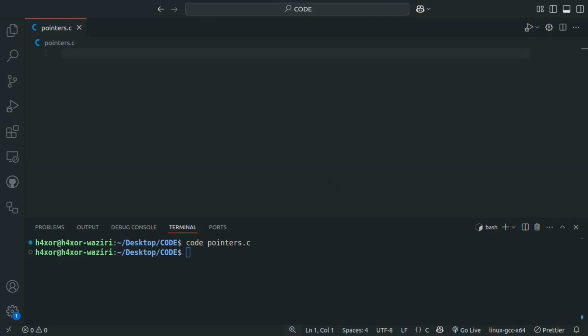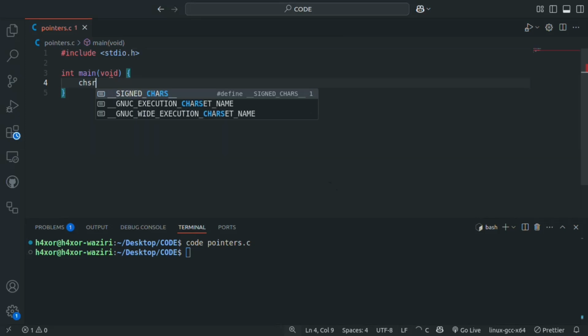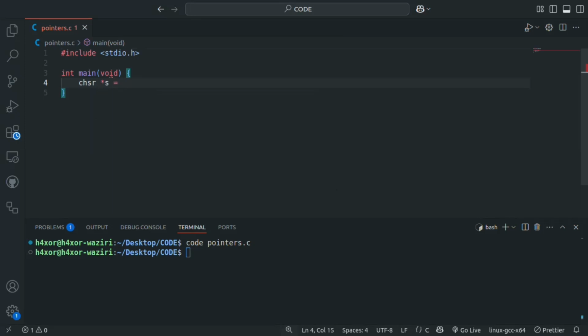I will work with pointers and operators in C. First, I would like to demonstrate how char star equals to string. #include <stdio.h>, then int main(void), then char *s = "hi!";